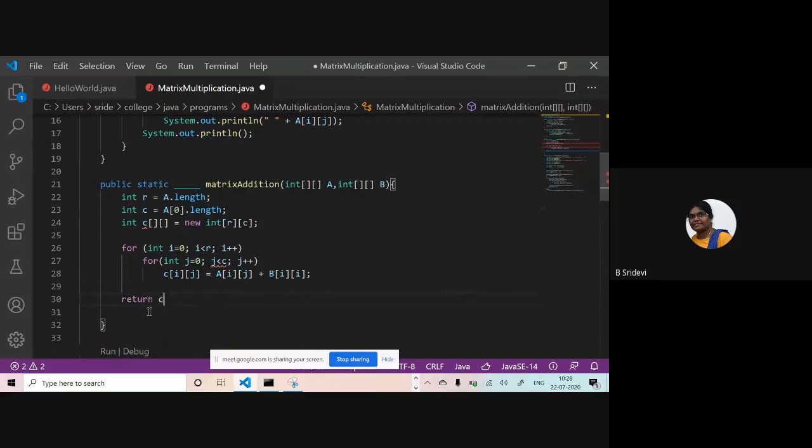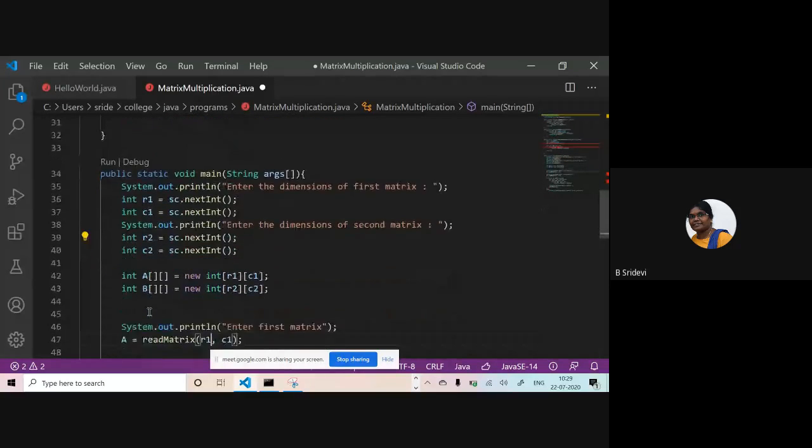Okay, so return C. What am I returning? C. What is C? A 2-dimensional array. So what should I write here? I am returning an integer 2-dimensional array. This is the return type of my matrix method.